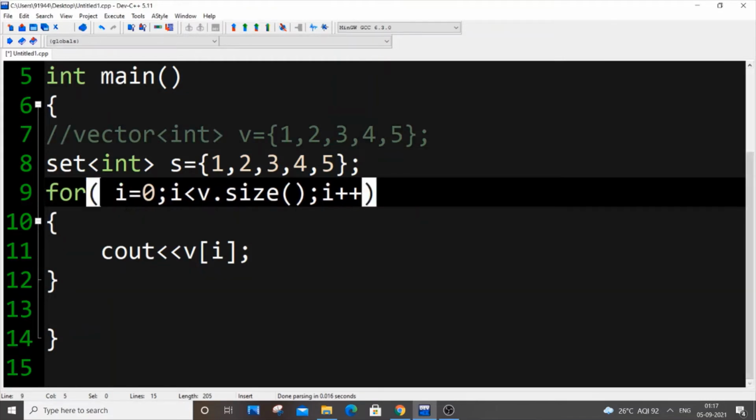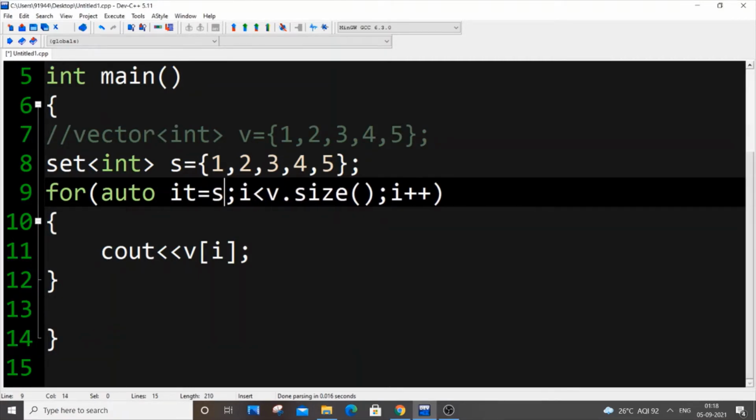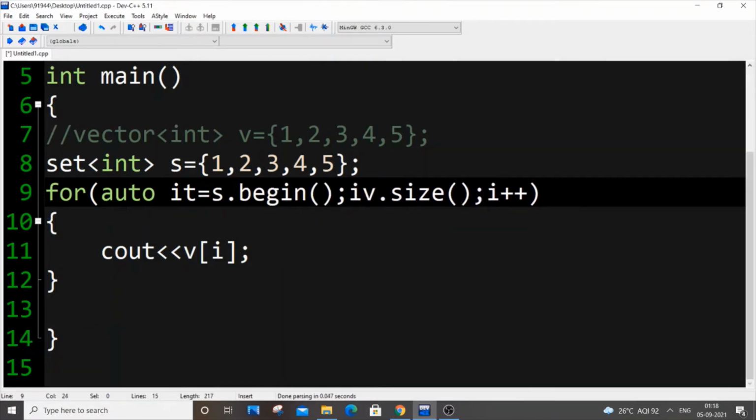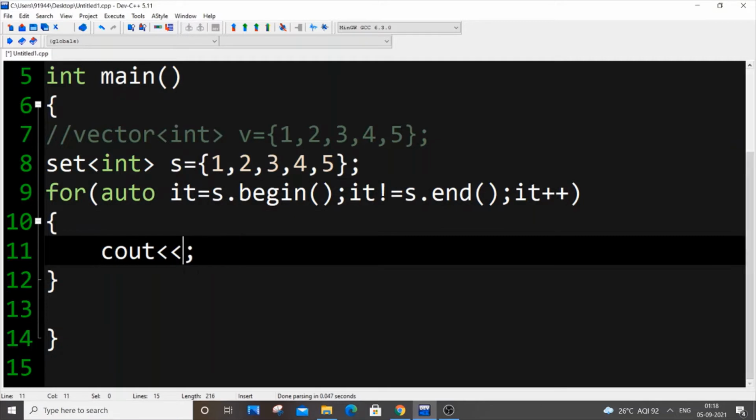Okay, so it's going to be auto, which is like a non-data type. Okay, auto, we will have an iterator, so it's going to be auto it equal to s dot begin, and here it's going to be it not equal to s dot end, and same thing is going to be it plus plus, and here we are going to use asterisk of it, because it is an address, and asterisk of it will give us the data present in that address reference. So if we just run it now,